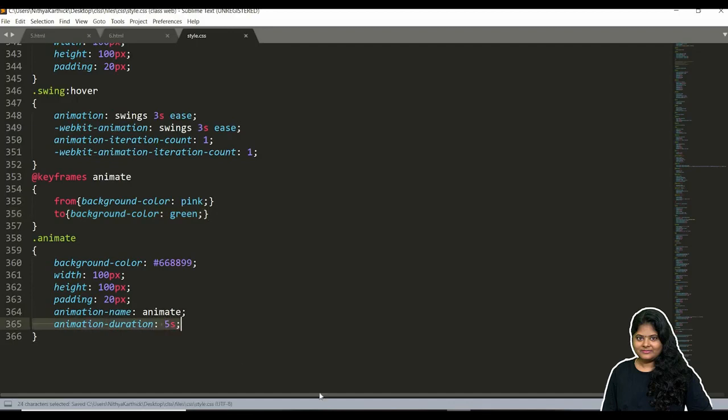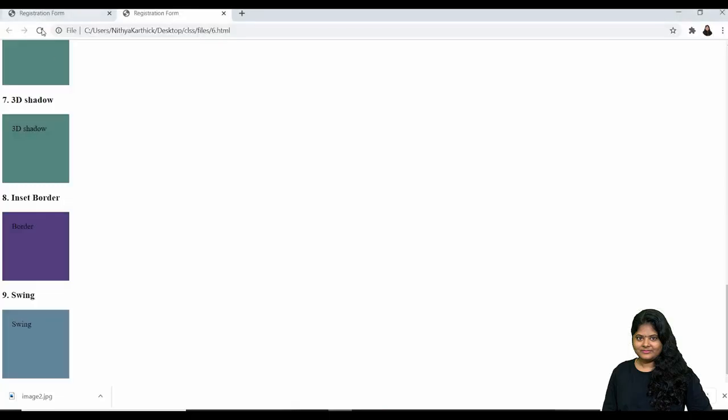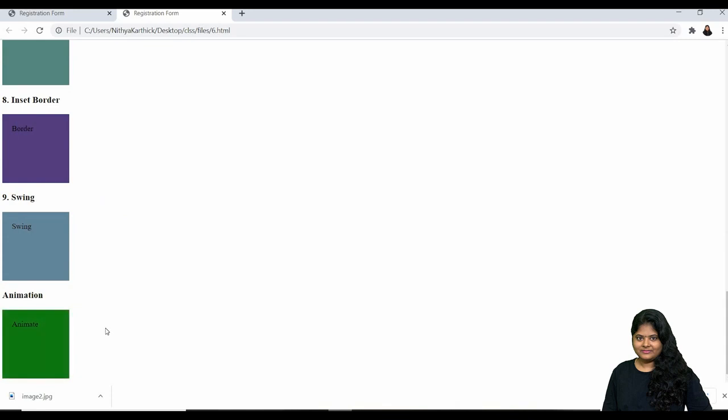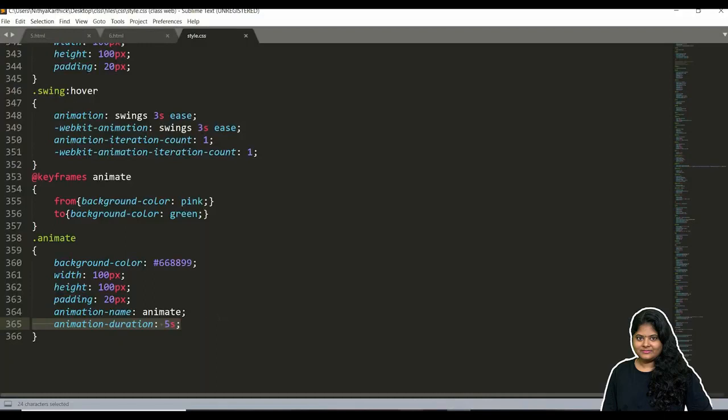So save it out, come here and refresh. Now we have this animate, right? So yes, let me give some action there. When we hover, it should happen, or else on load itself it should happen. Actually we didn't give any hover effect here, so it is happening on load itself.